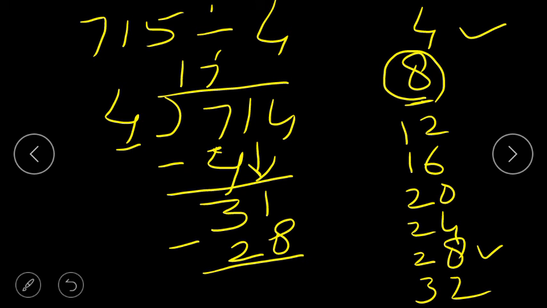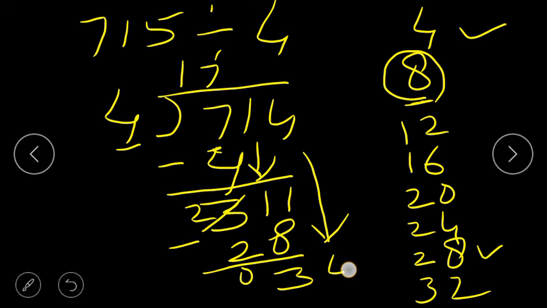Now you subtract it. 1 minus 8, it is not possible to subtract 8 from 1. So you have to borrow from 3. Here it will be 11 and here is 2. Now 11 minus 8. You can take out 11 fingers and close 8, or you can count from 8 to 11. So after 8 what comes? 9, 10, 11. So 3 is left and 2 minus 2 is 0. Clear? Now what is left here? 4 is left here. Now you have to bring down this 4.